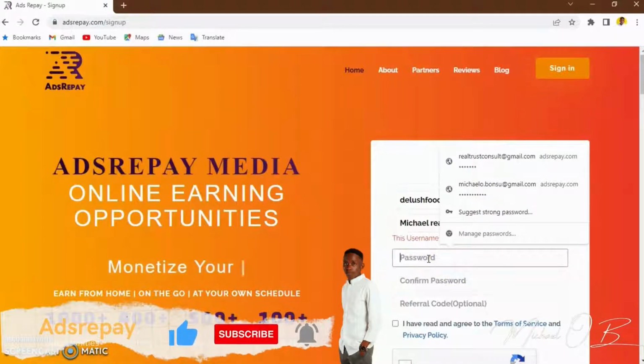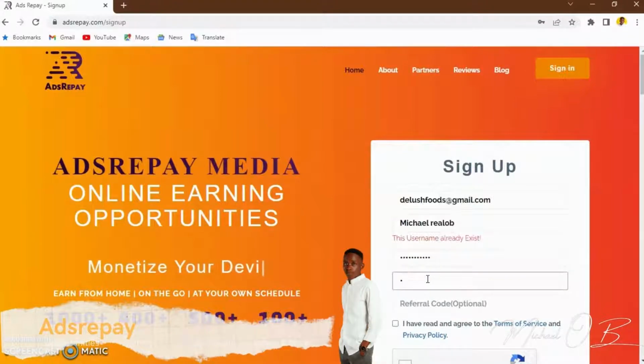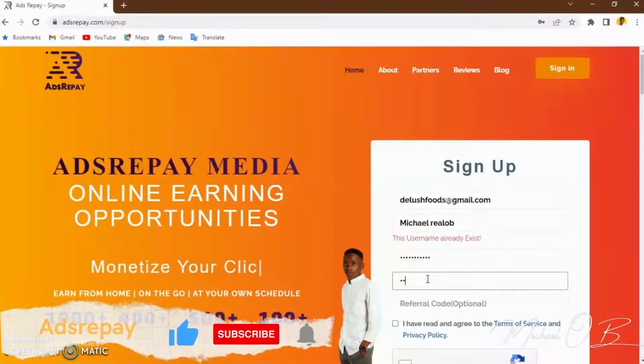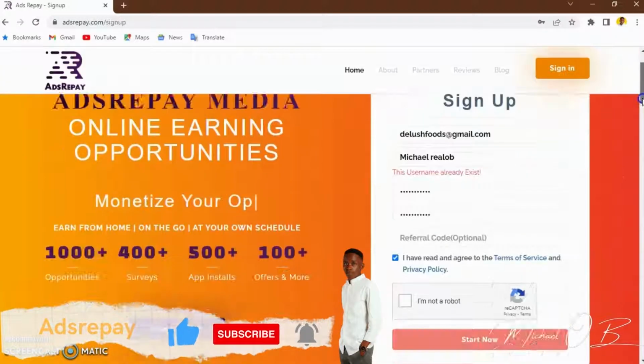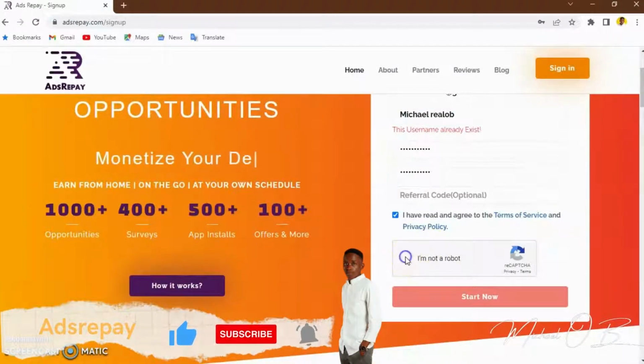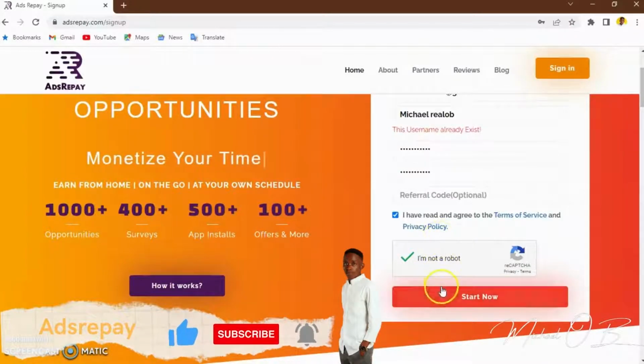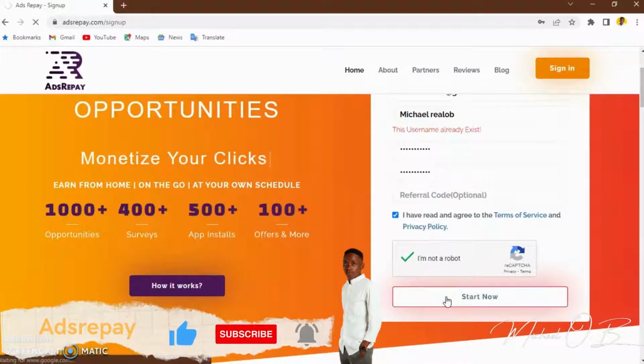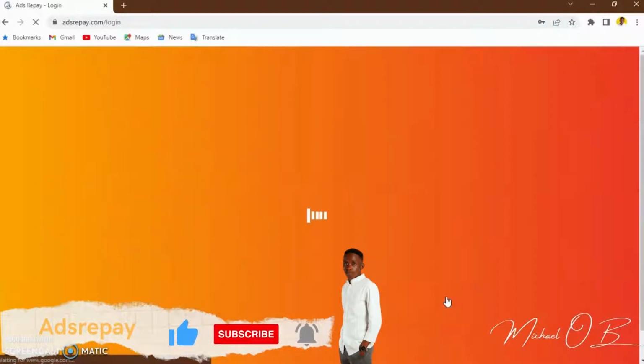Okay, it says my name already existed, so let's do something unique. I think I've used the name already. So I need to type in the password again. You tick I am not a robot, and click on start now again.